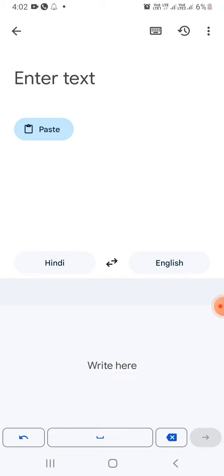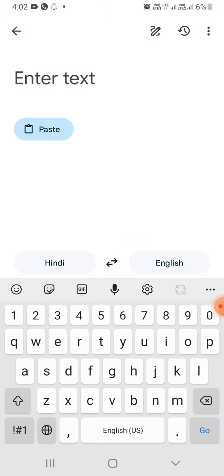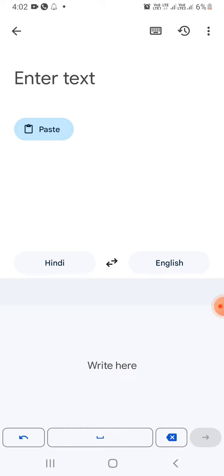I click upon this edit mode. When you click upon this pencil, see again where this option is. Just click upon this top. At the top these three buttons are given. Click upon this pencil-like button. Now this section is given to you. Write here whatever you want to write.